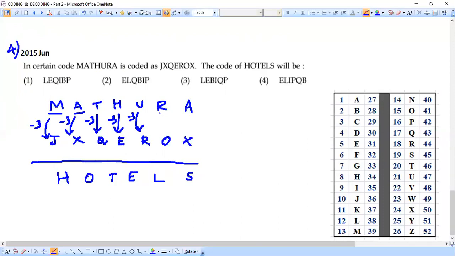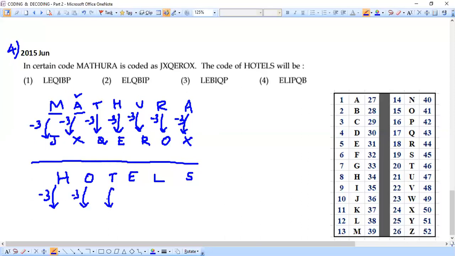R is already at 18th position and O is at 15th position. This is again -3 only. And once again, we apply the same pattern like how we did for the second letter A. The same thing follows here. I can even apply it and say -3. That means this is confirming that here they are just doing -3, -3, -3 for all these letters, and that will give the answer. So now we can confirm what answer we'll be getting.